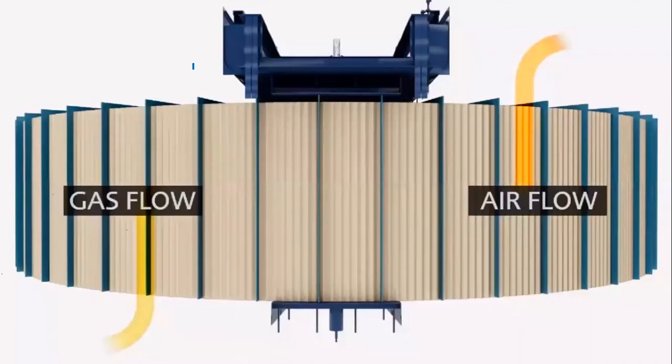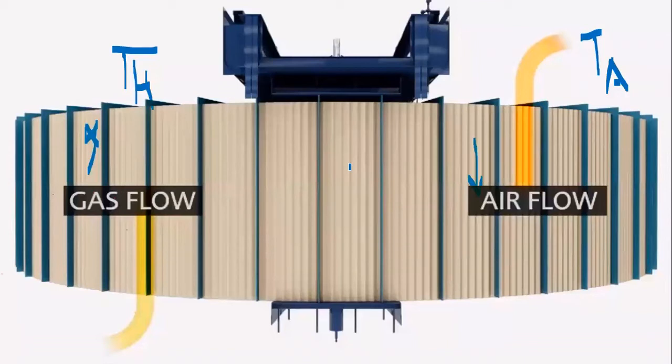Now as the gas flows over here, consider that the temperature for this gas is high. This has a temperature TH. The temperature for air is low. This has a temperature TA. So as the gas flows over the surface, the temperature of the surface will be higher, and the temperature of this particular surface will be lower.